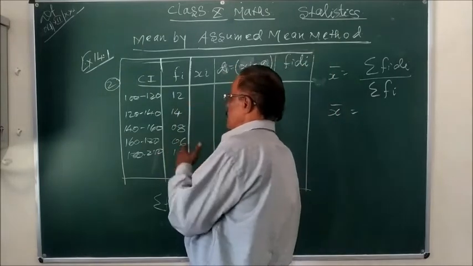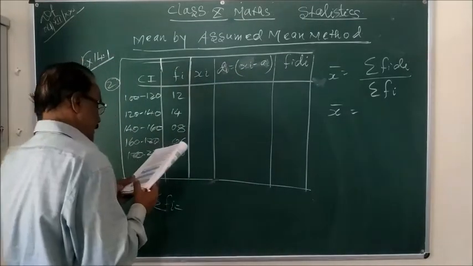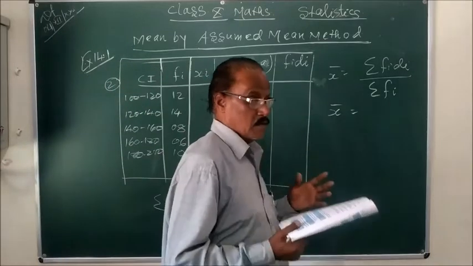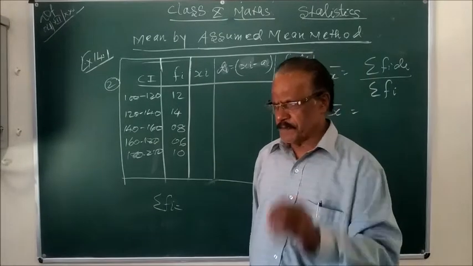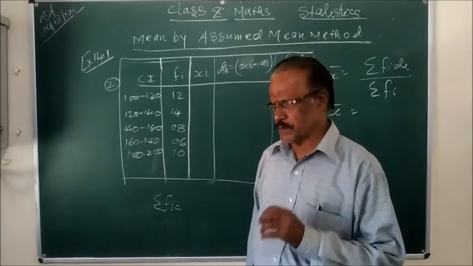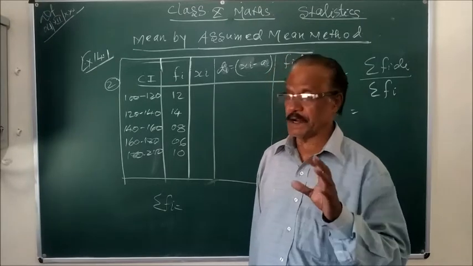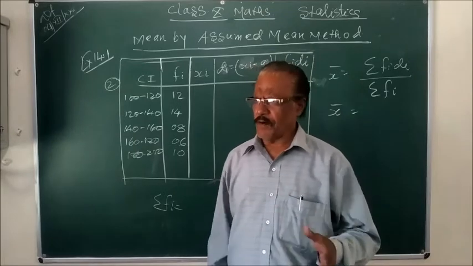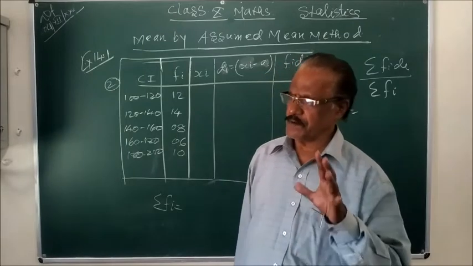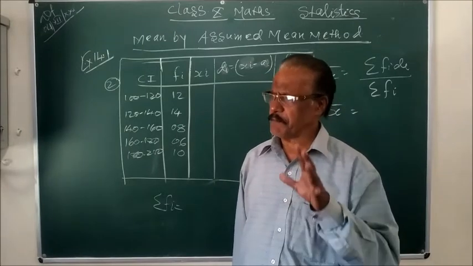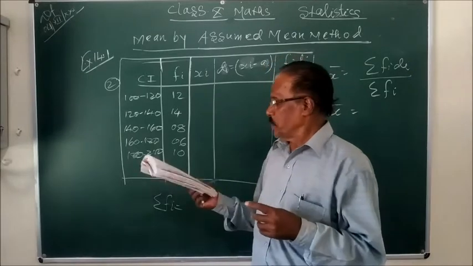Now you see question number two. I have already explained which method is suitable for which type of question. If the number of observations is very small, the direct method is suitable. Although you can find by any method, the result will be the same. But from the convenience point of view, if the number of observations is small, direct method is the appropriate method to find the mean. And now in this question you see